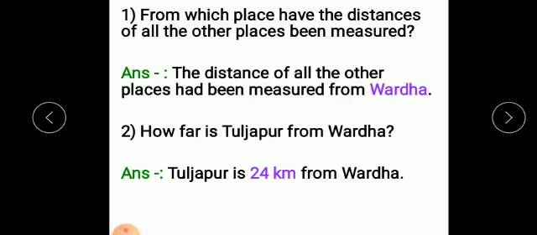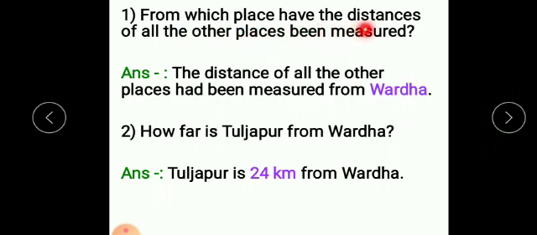Children, see. Here distances of some cities or places are given from Wardha. Wardha 0 means from Wardha, Varud is 7 kilometer, Selu road is 14 kilometer, Tuzapur is 24 kilometer, Sindhi 32, Gumgaon 60 kilometer, Ajni 76 and Nagpur 79 kilometer. So you look at the question and write down the answer.